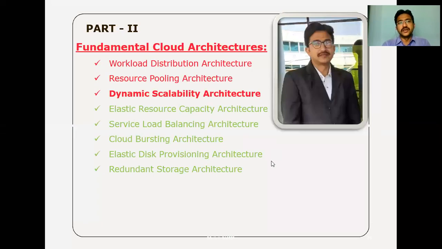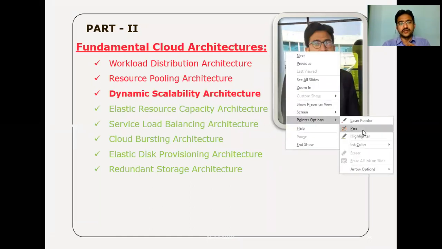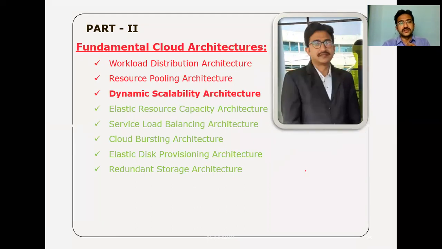So let me see today a new topic: dynamic scalability architecture. It is a very small topic, and let me see in the name itself: dynamic scalability. We have two types of scalabilities, horizontal and vertical. Dynamically, at the time of runtime, whenever any resources have run over, how they will be automatically allocated, maybe horizontal scaling or vertical scaling, from the resource pools. Let me see that architecture, that is DSC.